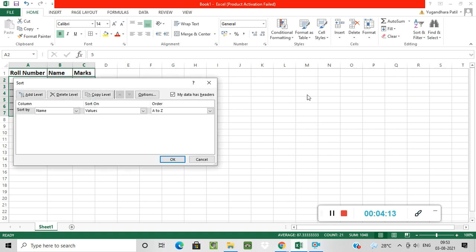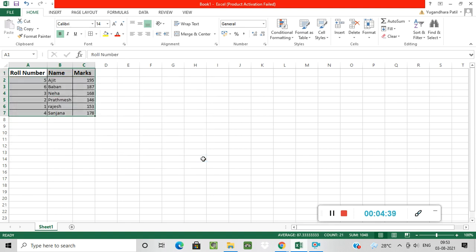After that, you can select many columns. See, sort by name. We have 3 columns. You can select columns and put the values like this. If you want to change cell color, font color or cell icon, you can do it. And order, which order you want. You can select multiple columns also and click on OK. Like that you will use the sort option.